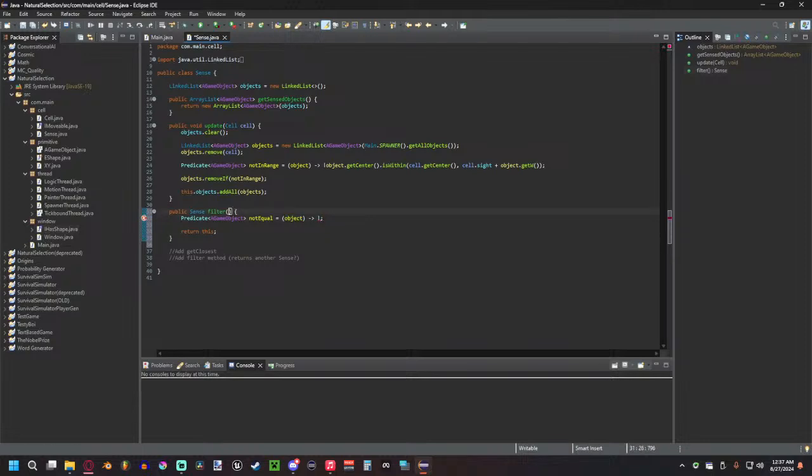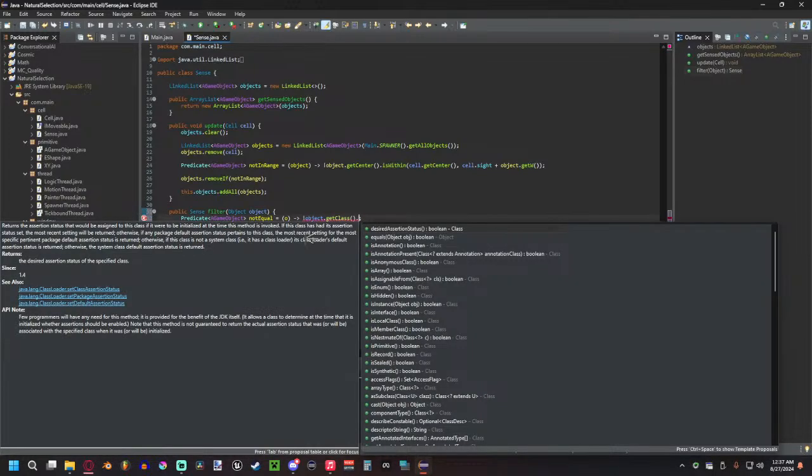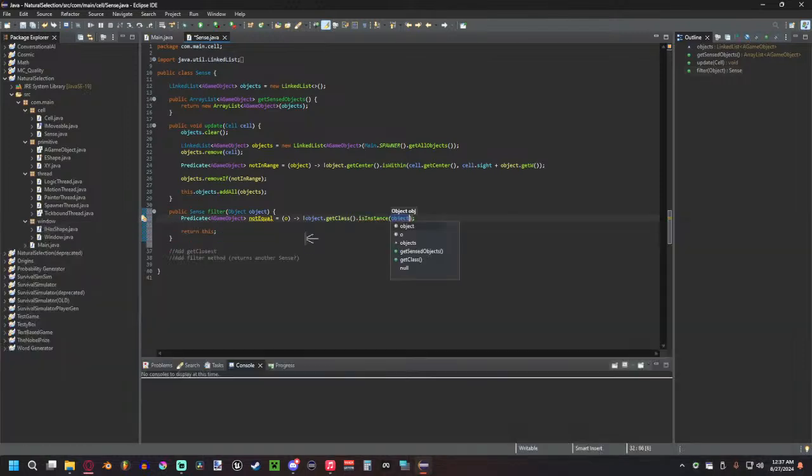Actually, we're going to do object O. Instead of calling this object, we're going to call this O. And call this object, actually. So, we're going to get object dot get class dot, I believe it was is instance of. If it's not an instance of the object given, then we are going to,